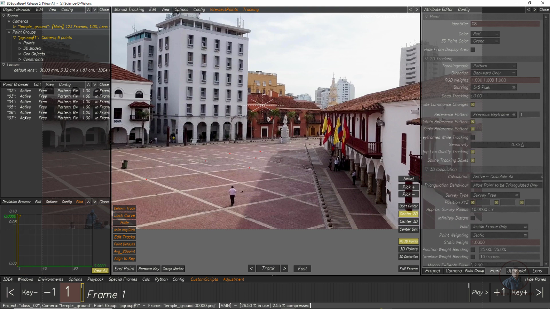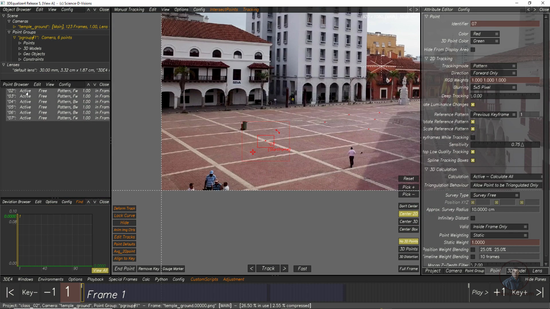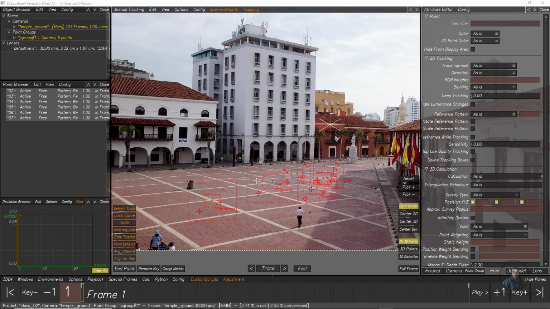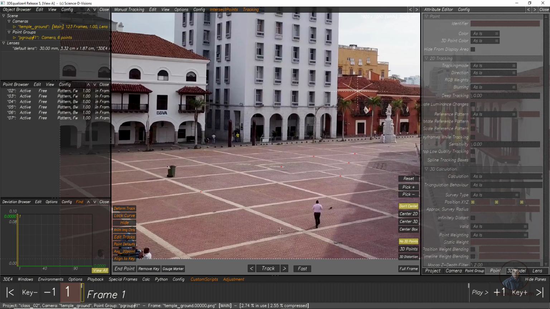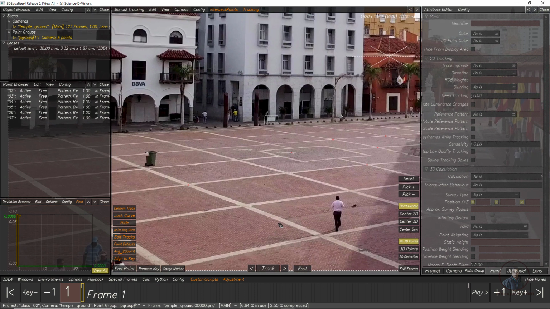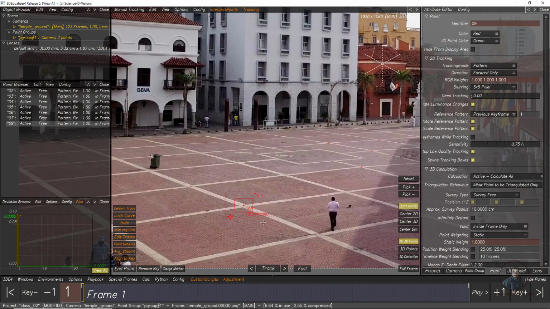So guys, till here I have tracked some points and also saved our project. Now I'm going to track more points here. Simply hold Alt and click outside, and this will deselect all your track points. So maybe this point, this one: place the CTI here, hold Control and simply click it here. Now adjust this and place it in the proper position. Now click on the forward track again.